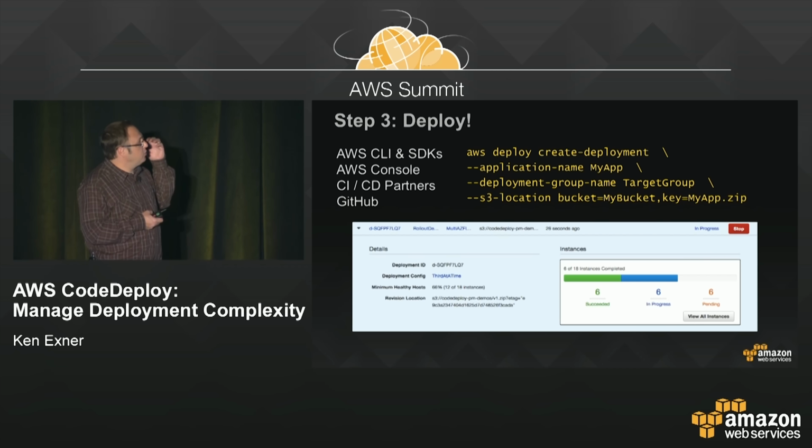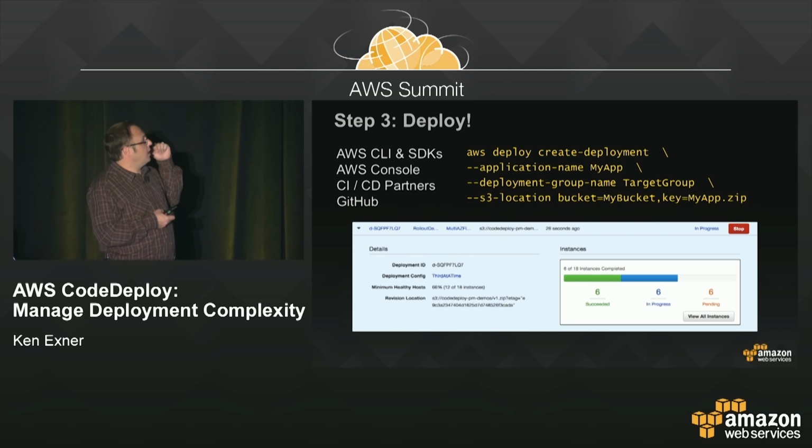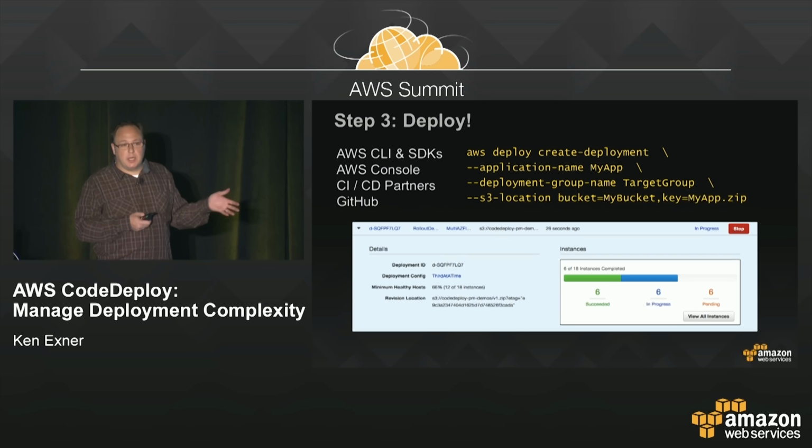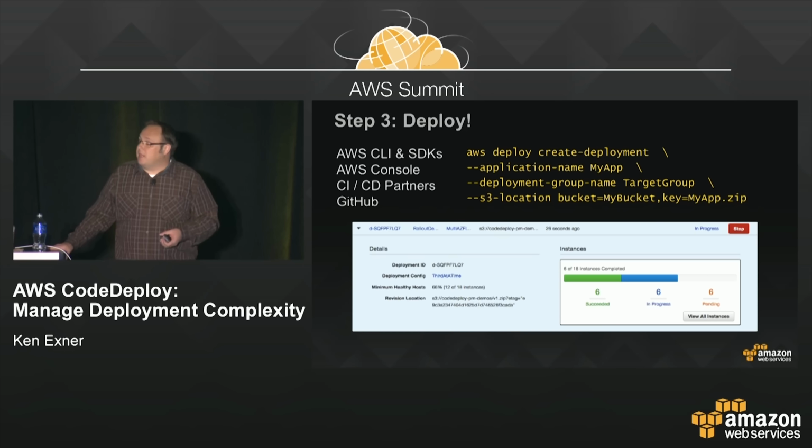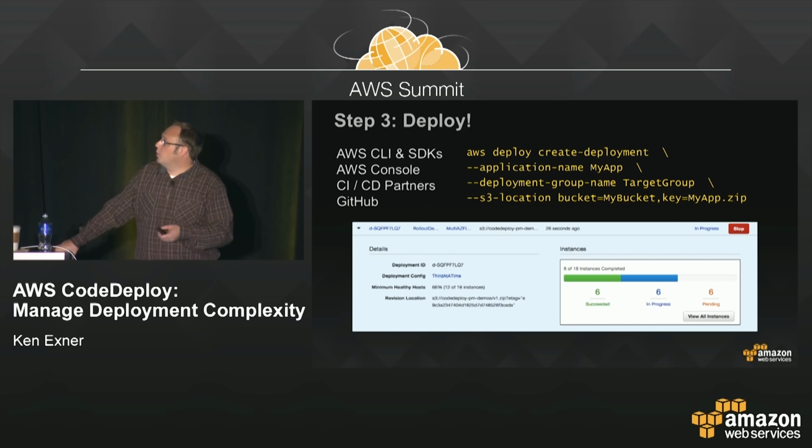All right, so once you've created your app spec file and your deployment group, the next step is you're going to deploy. And this is pretty straightforward. It's a simple button click in the console. You can use it by command line tool. You can use it by SDK. Because this is also completely API-based,